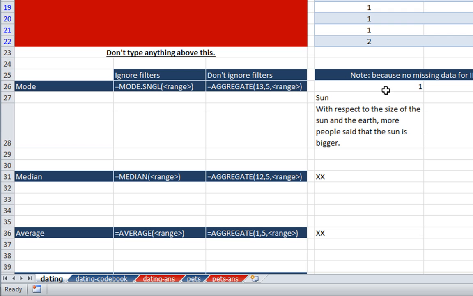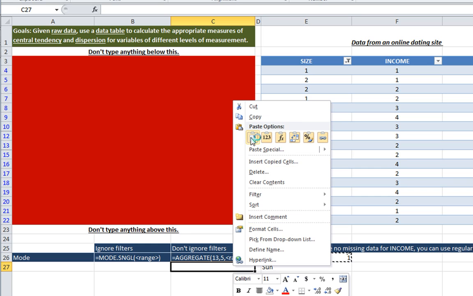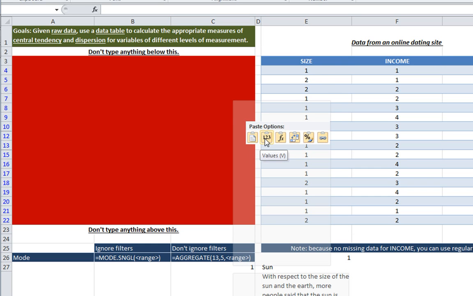Now, what do I mean by that? I mean that if I undo this filter, it could include the 3's in my calculations that were here. It's not going to make too much of a difference here because not many people didn't give an answer to that question. But it will make a difference for some of the other ones, and we'll see why. But what I mean by the copy and the paste is you can copy something and then paste by doing right-click. And there's different pasting options, okay? And what I'm saying is you can paste it as a value, and it's going to get rid of the